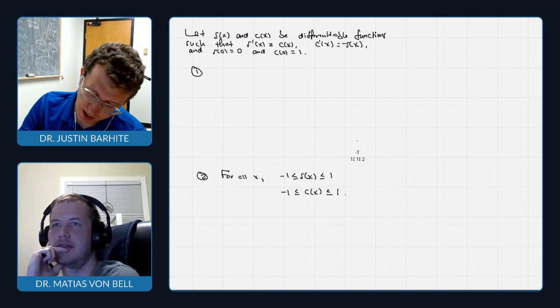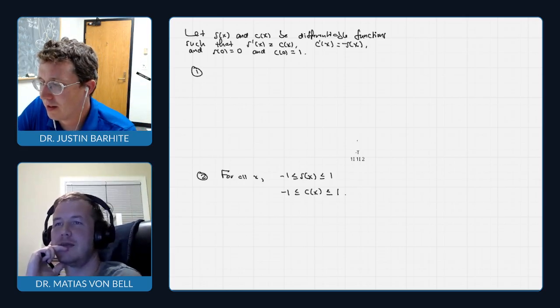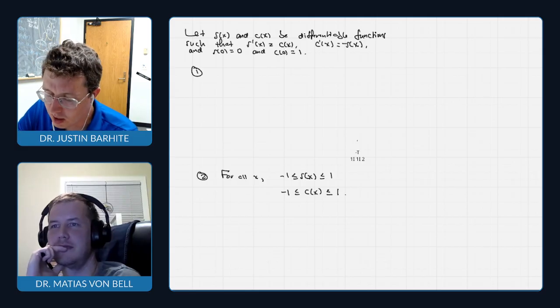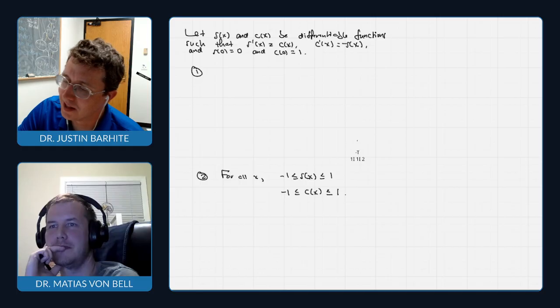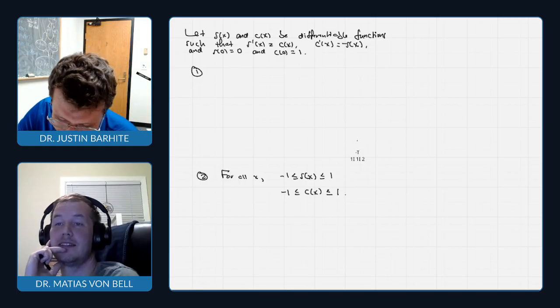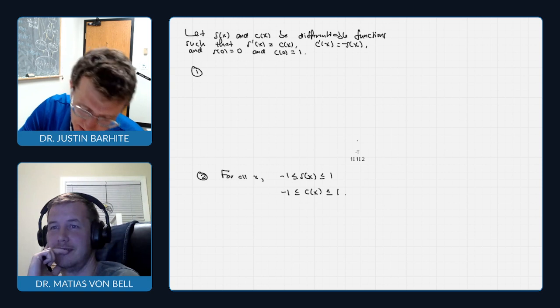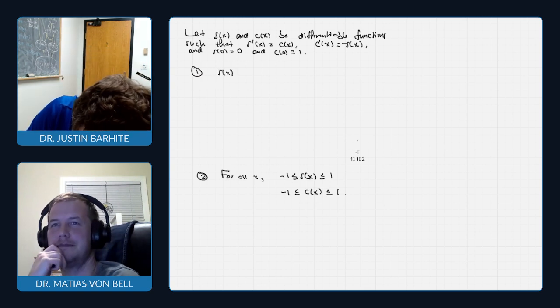Okay, so number 2 is going to be a... I've heard the word tight is what analysts use for bounds when they're hit. I think sometimes they also say sharp, but we know what we mean. Okay, so number 2 is going to follow immediately from number 1, which is that s of x squared